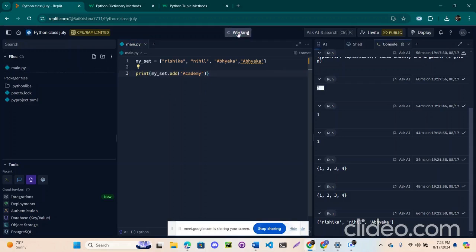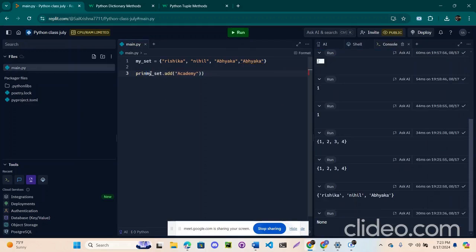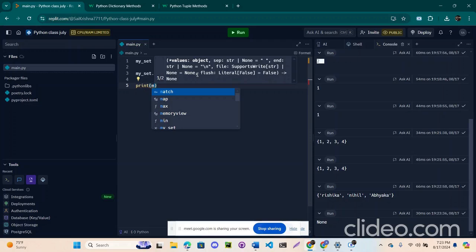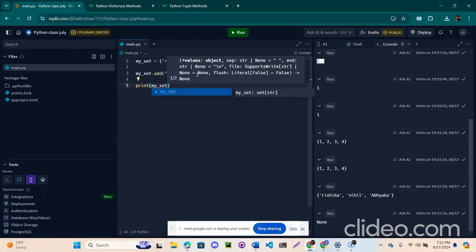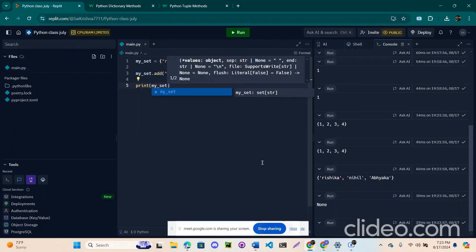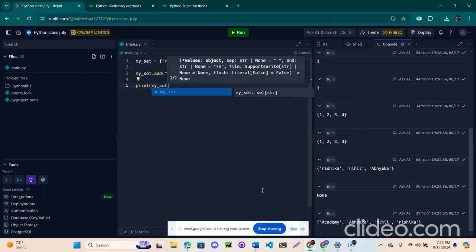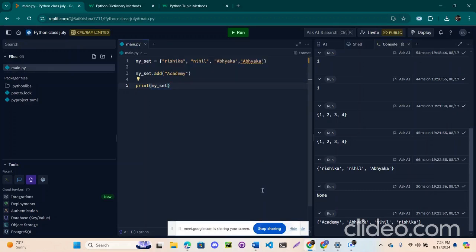If you run this, it has been created there itself, that's the reason it returns None. If I print my set and run this, did you get it? The name has been added to the set.